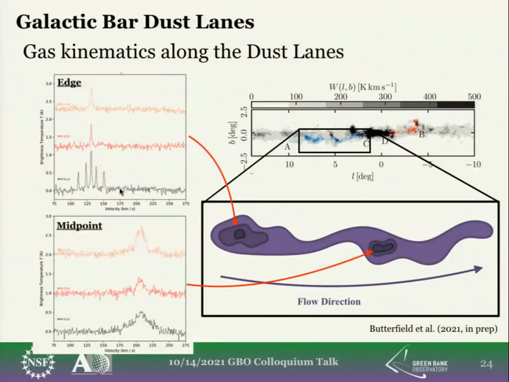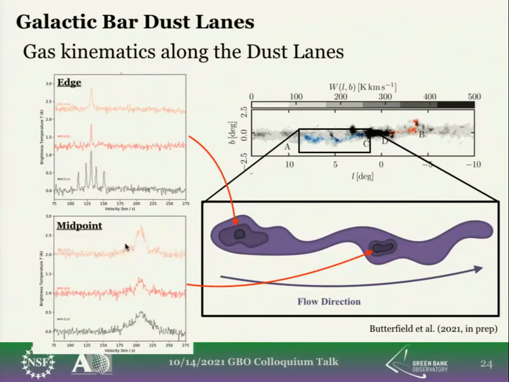The 5 different lines that you see down here, that you don't really see in the 1,1 or in the 2,2 and 3,3, are just the hyperfine structures that are associated with the lower transition of ammonia. At the midpoint of the bar,